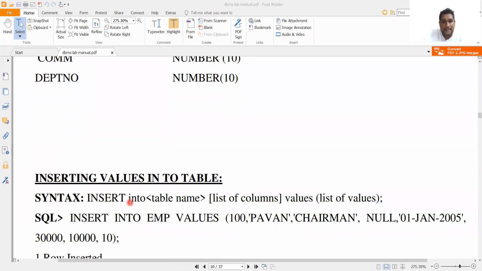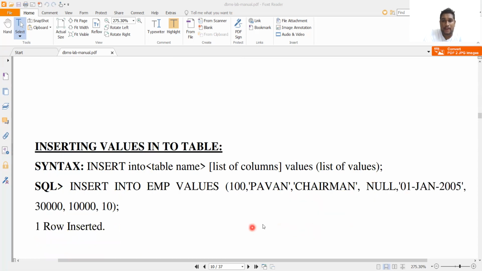here, insert into table name. The table name consists of employee followed by the list of columns. The list of columns are employee number and employee name, and followed by the values, here we gave 100, Pavan. Next I will give 101, comma, Chand. The characters should be represented in a single quotation if they are varchar or characters. I hope you understand, right? The list of values, the values are 2, and it represents the 2 values,